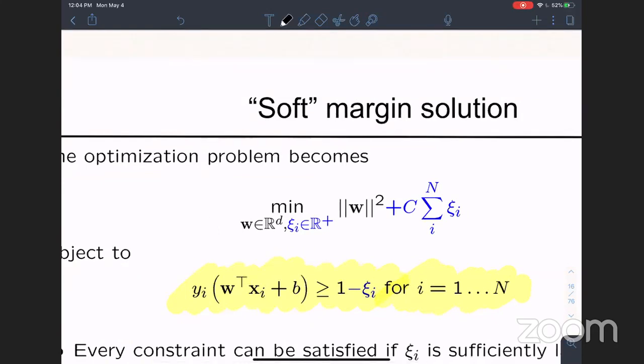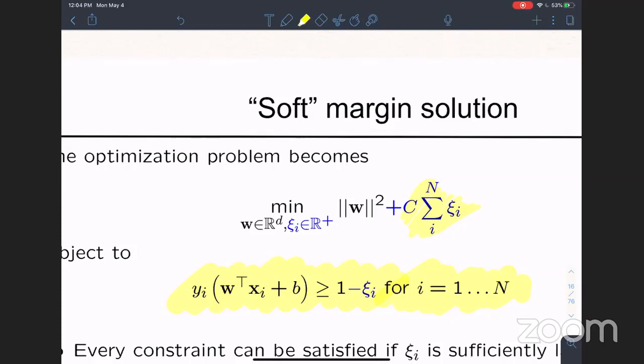This is now the extra term. I'm going to add an extra penalty on C. If capital C is equal to 0, that means you're basically throwing away all that we had and you're back to hard margin. So for capital C equal to 0, what you want to do is,